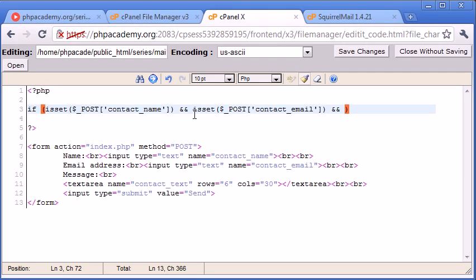Just a word of warning before I continue, we're not actually going to be dealing with email validation, and the reason for this is it's too big and too unnecessary for this tutorial. So there will be another tutorial in my tutorials for the new Boston that will deal with email validation. So go over and have a look at that, and you'll be able to apply this to your contact